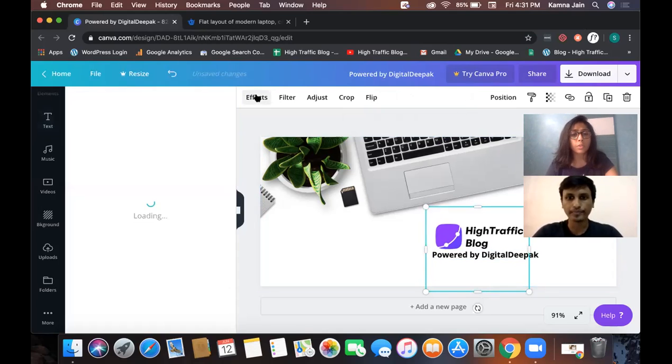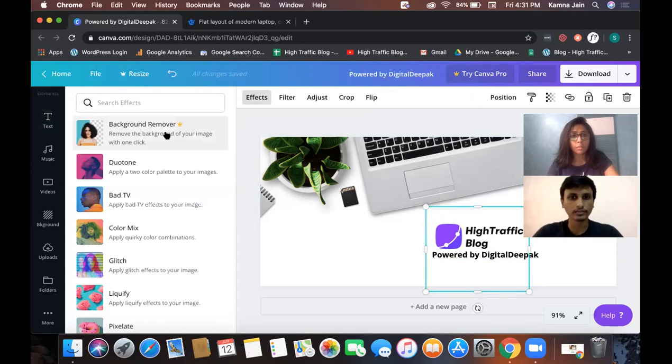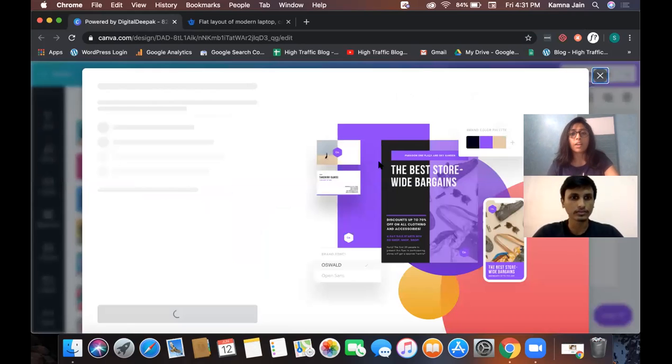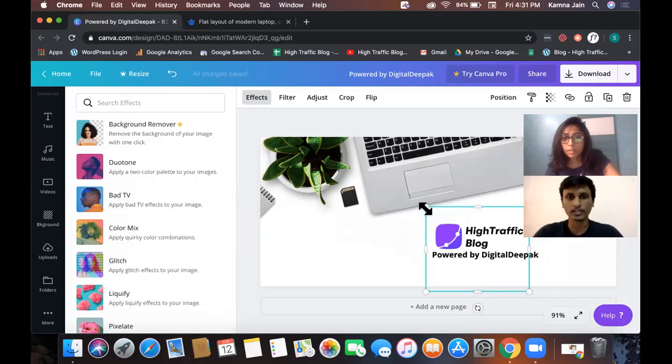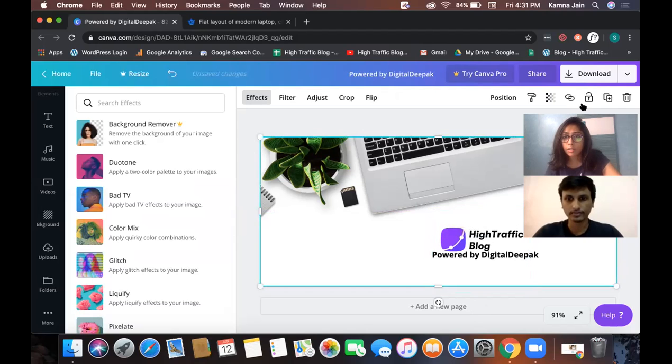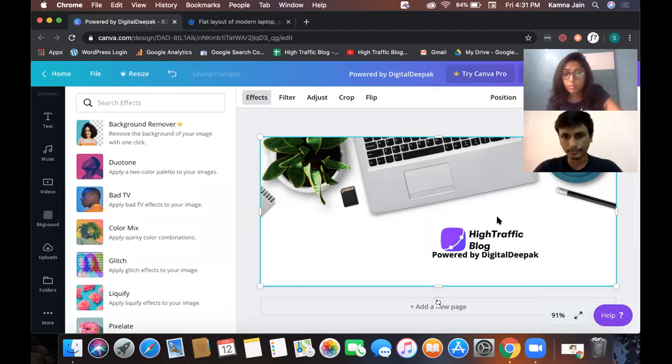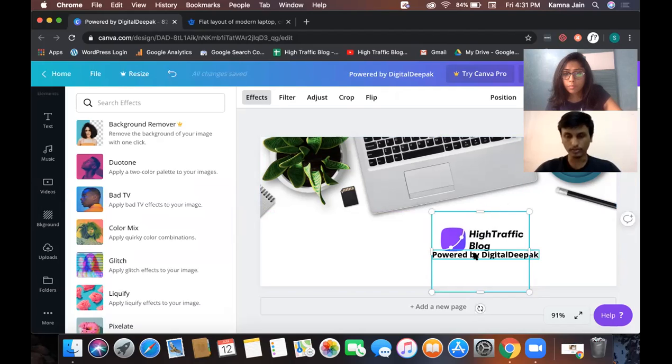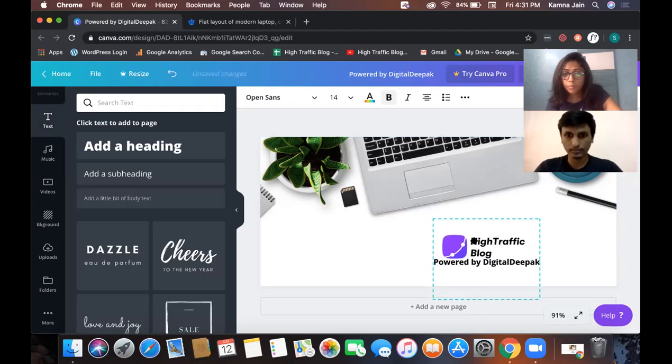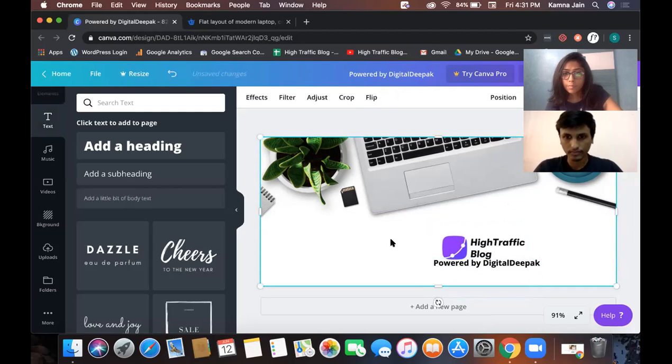I think it's a free option only, where we can remove it. Okay, it's a pro option, so we can't do it. So okay, let's resize it here and check. This looks good. Still visible, no? But it looks good though. Yeah. Yeah, I think now this is perfect. Now the bifurcation isn't visible.